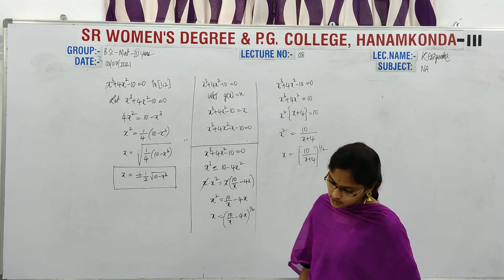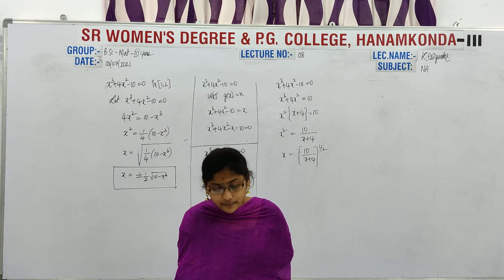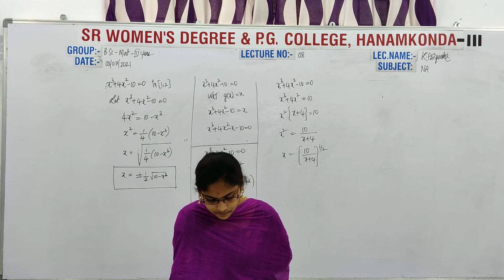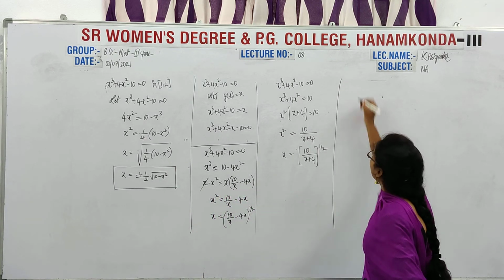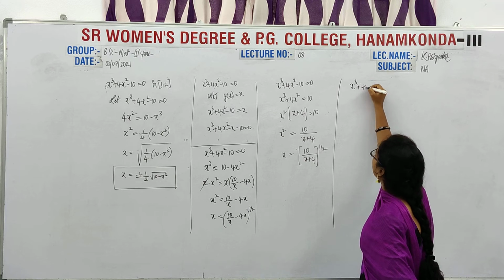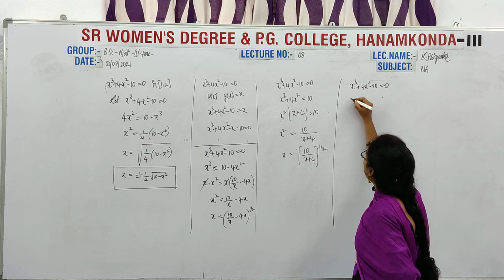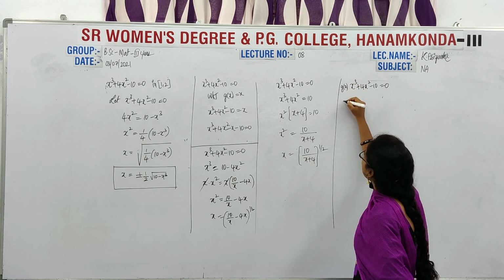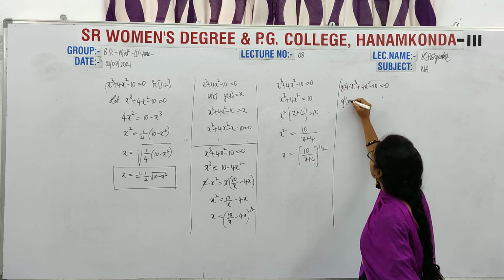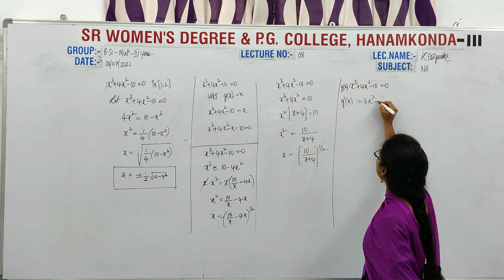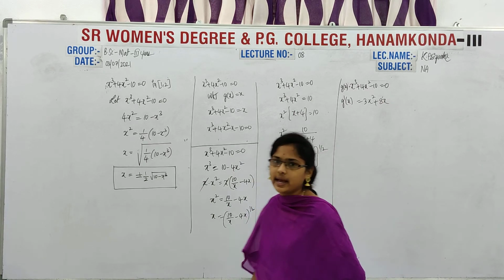And in another way, of course, they are taking the derivative. Now see clearly how they are taking it. What is the given value? x cube plus 4x square minus 10 equal to 0. So now here this is some g of x. What is g dash of x? g dash of x is 3x square plus 8x, since the derivative of 4x square is nothing but 8x.